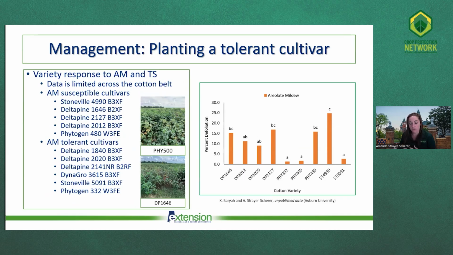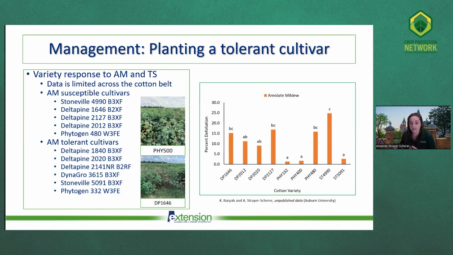We've created an emerging pathogens working group in partnership with Cotton Incorporated to help solve that issue. So we have about 9 to 10 states across the southeastern cotton belt currently participating in multi-state variety trials and fungicide trials to get more collective data across the cotton belt. Because as those of you who work in cotton know, the performance of these varieties really can vary by location, and that's due to weather conditions, what your pest pressure is, not only disease but also insects and nematodes,